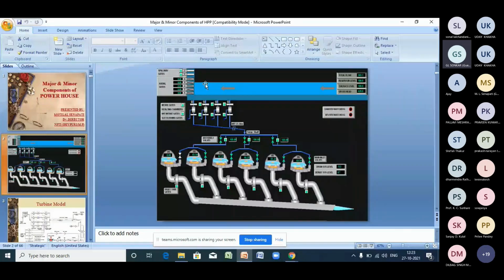We engineers want the surges not to rest in the water conductor system for a long time. So the surge shaft should be constructed as close to the powerhouse as possible. That means your surges should not rest in the water conductor system or the pressure shaft for a long time. So when you stop the unit, again the back pressure will be there.